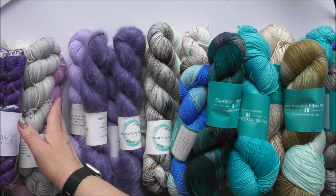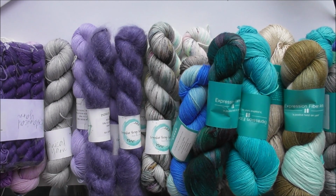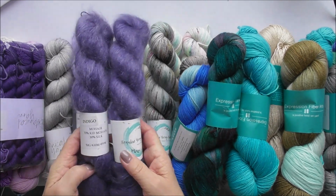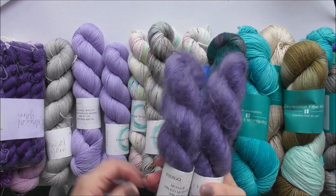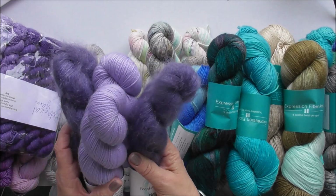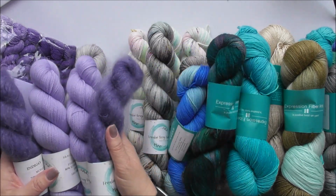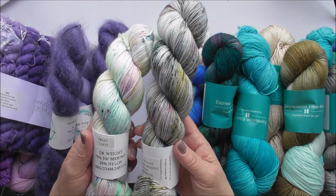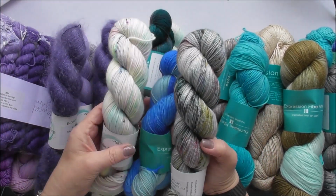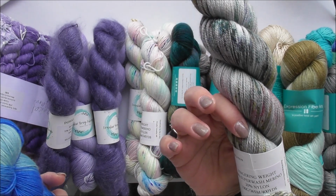Now we all know the grocery girls, well I'm sure we all do know the grocery girls, Jodie and Tracy. And Jodie, as we all know, is Frankie Gray Fibres, and I treated myself to some of her yarn. So I've got this beautiful kid mohair and silk to work together with this beautiful yarn, lilac ice. I'm not decided on what I'm going to make with that yet, but I think it'll make a beautiful hat and cowl set, I'm thinking. And of course I've got more yarn, which is a DK weight, a fingering weight, and that. So yeah, the beautiful yarn. I do hope to be able to get some more yarn from Frankie Gray Fibres, and this one is called